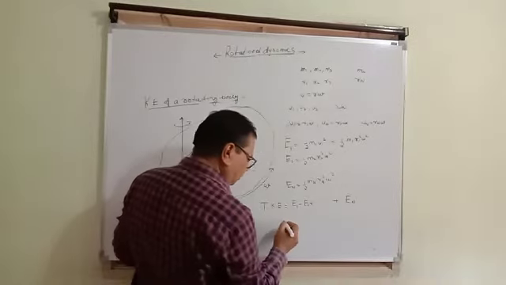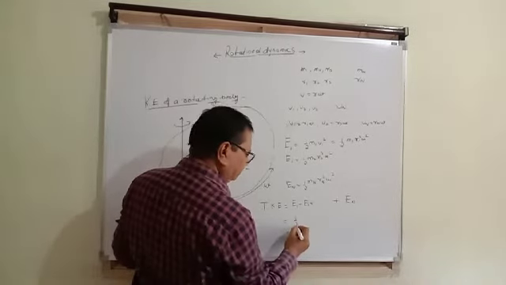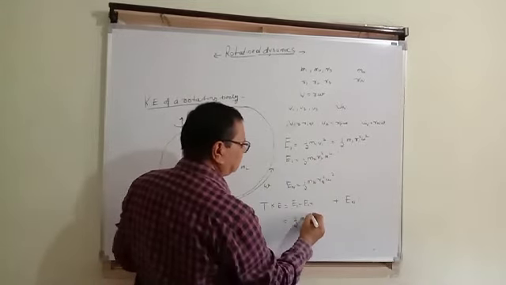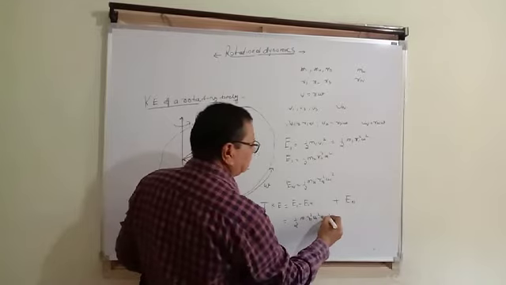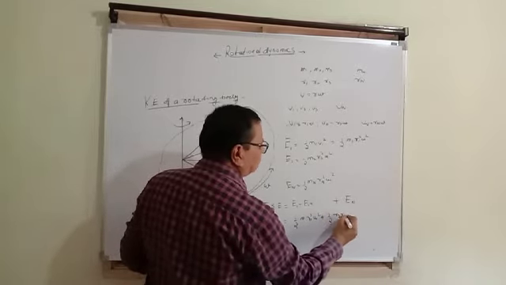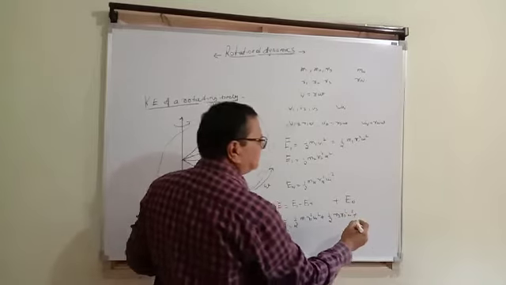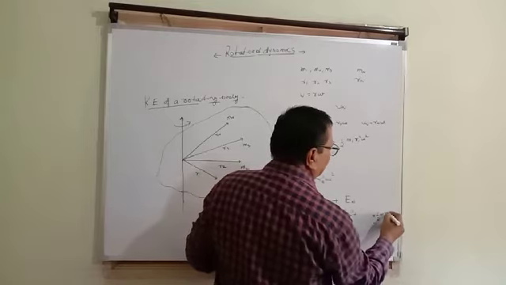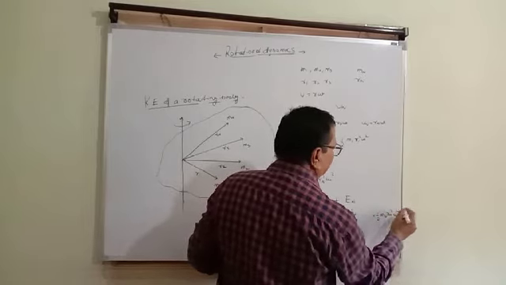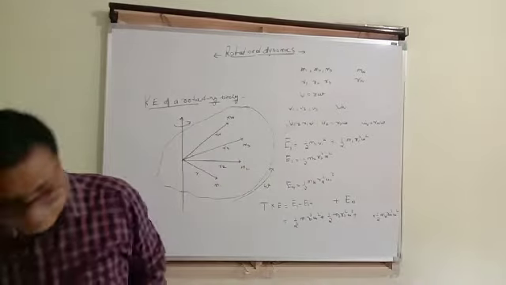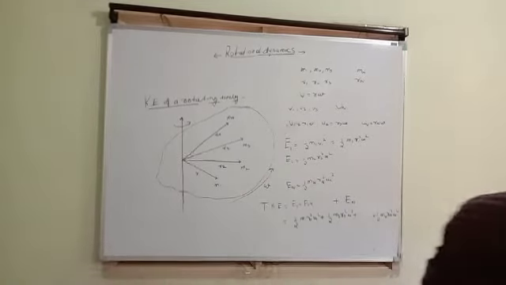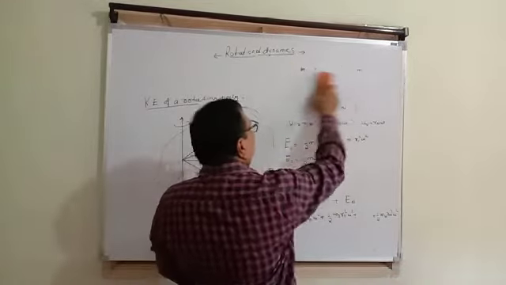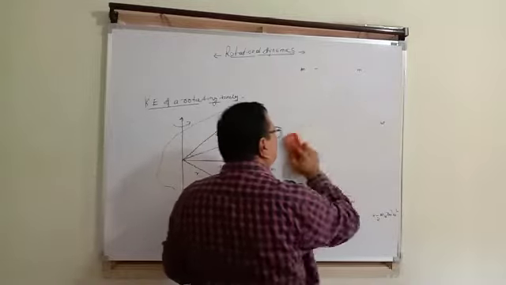Kinetic energy, which is equal to half of m1 r1 square omega square plus half of m2 r2 square omega square plus and so on, plus half of mn rn square omega square. As half and omega square are common in every term,